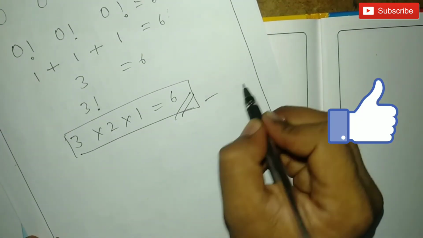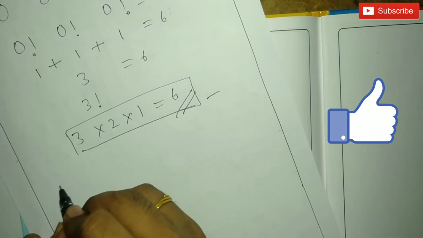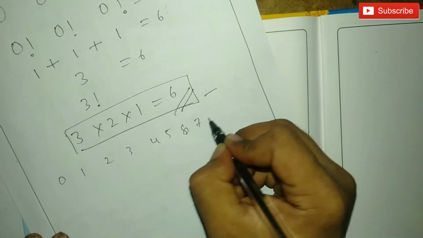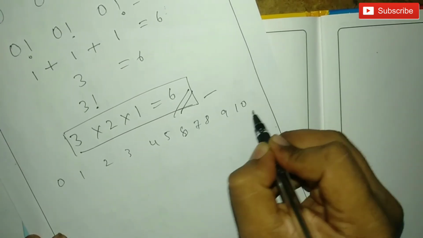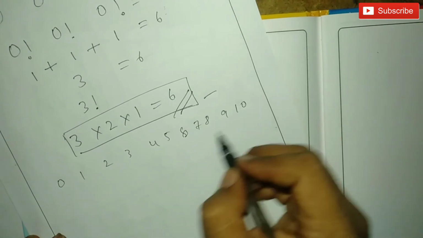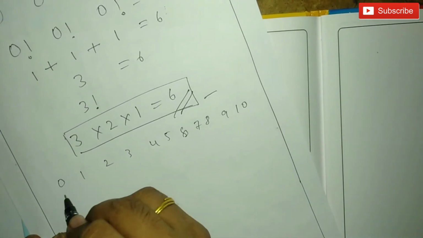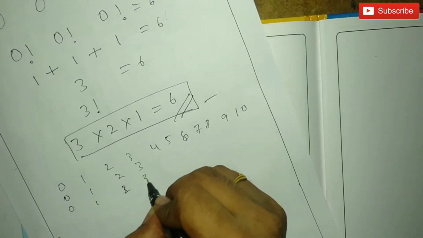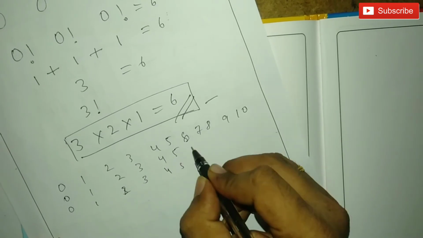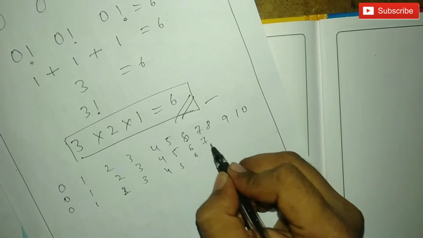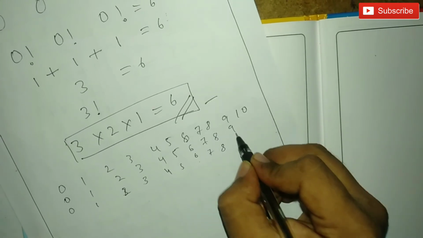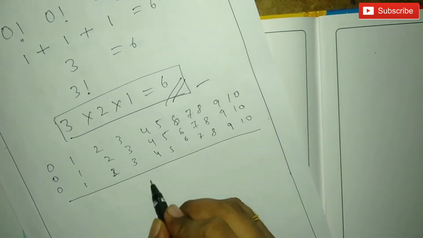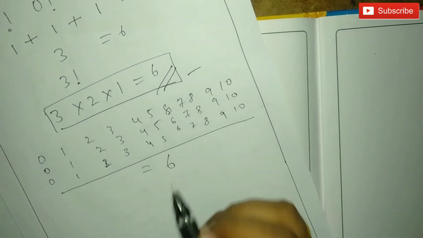It's 100% true. Now you can solve 0, 1, 2, 3, 4, 5, 6, 7, 8, 9 as well as 10. All the combinations of these numbers when they are in three forms, like 3 digits, like 1 1 1, 2 2 2, 3 3 3, 4 4 4, 5 5 5, 6 6 6, 7 7 7, 8 8 8, 9 9 9, 10 10 10. Now you can solve all these things to equal 6 by using the mathematical operations.